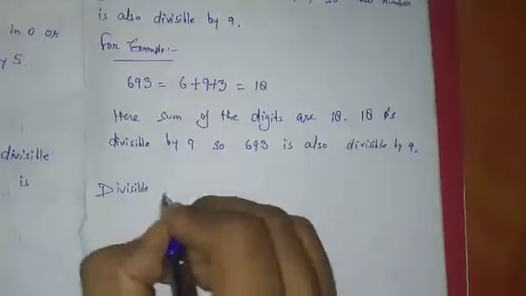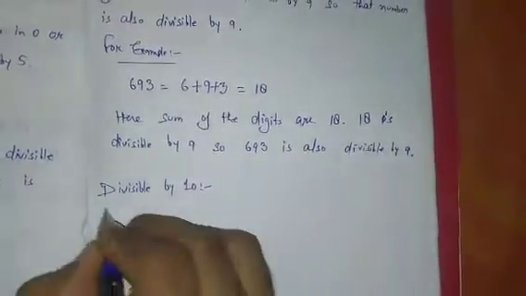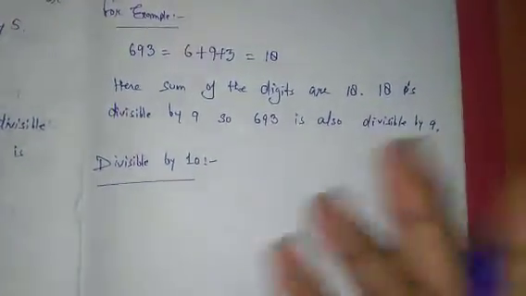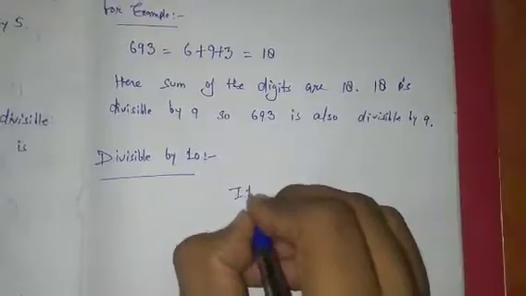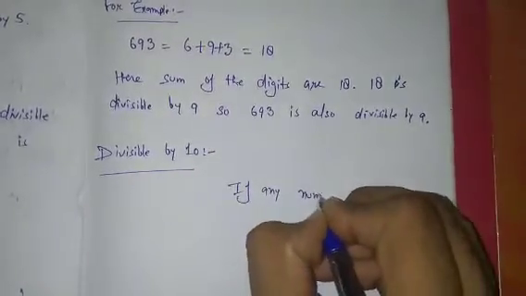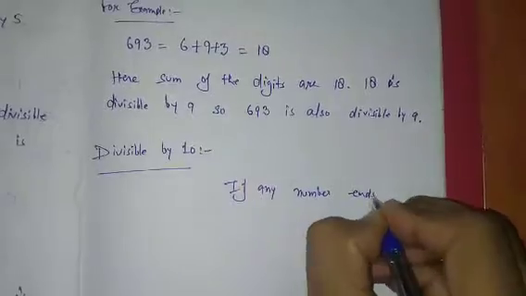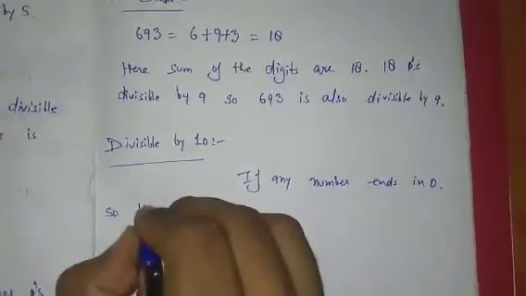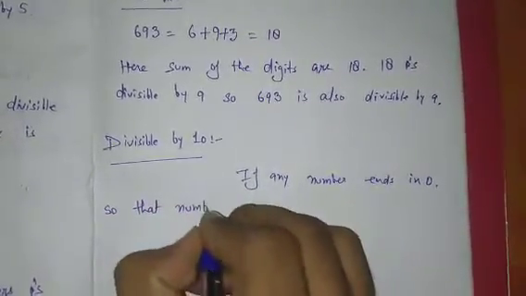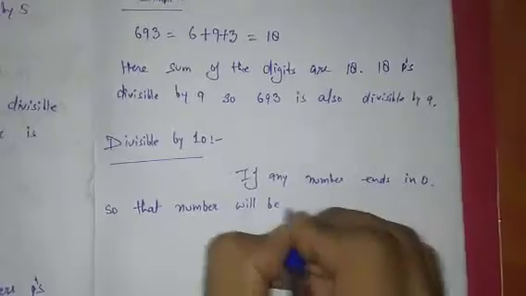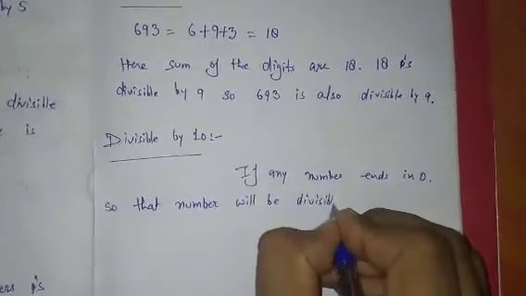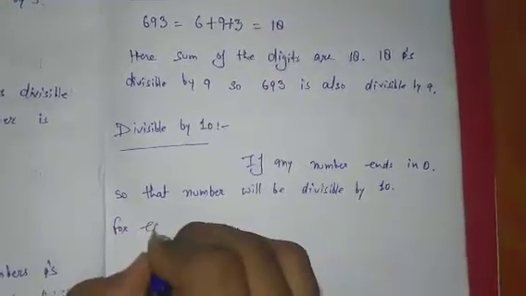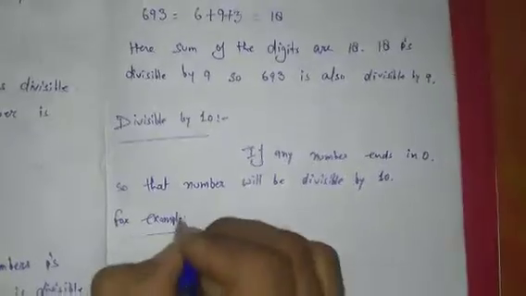Divisible by 10. How can you find out which number will be easily divisible by 10? Remember, it is so simple. If any number ends in 0, meaning the one's digit is 0, then that number will be divisible by 10. For example, you can write some examples like